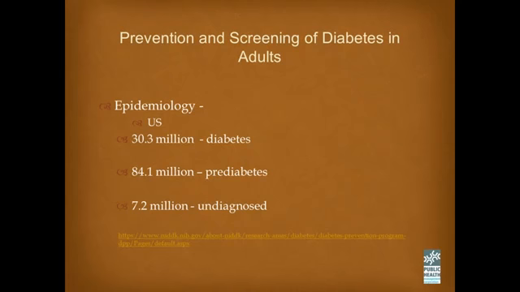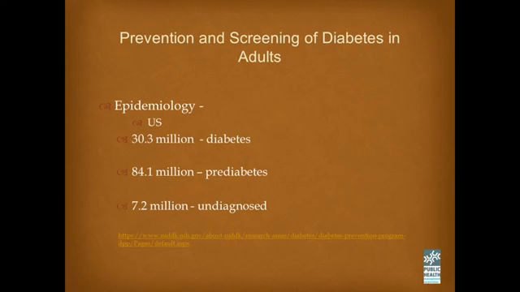The ADA estimates that an American will progress to diabetes every 21 seconds. So again, I think this conversation in terms of prevention of diabetes is pretty timely given those numbers. And globally, the impact is expected to reach 470 million by the year 2030, with the largest increase expected to be seen in the Western Pacific region of the world.